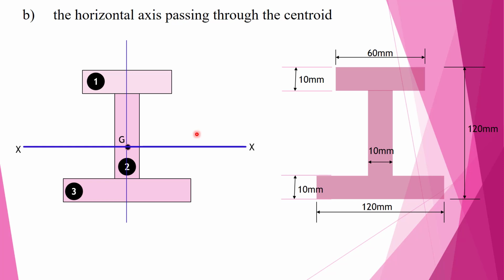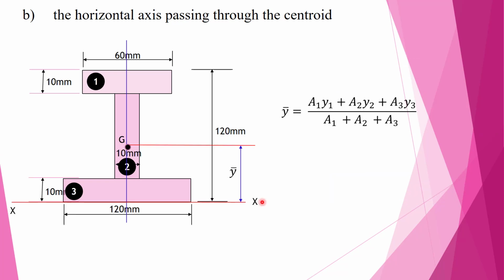Now how will you find out the moment of inertia? Same, Ixx will be equal to Ixx1. You need to find the moment of inertia of the first rectangle with respect to this reference axis. Okay, now you need to find the moment of inertia of the second rectangular section about x-axis. Similarly, you need to find the moment of inertia of the third rectangular section about this x-axis. Then using the same formula, Ixx is equal to Ixx1 plus Ixx2 plus Ixx3, we will be able to find the moment of inertia of the I section about the required centroidal x-axis.